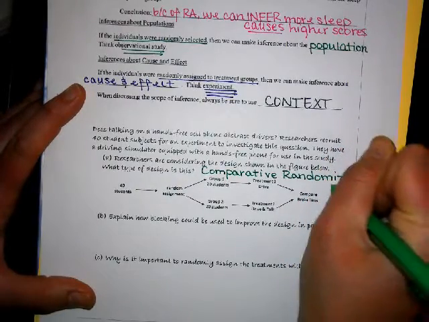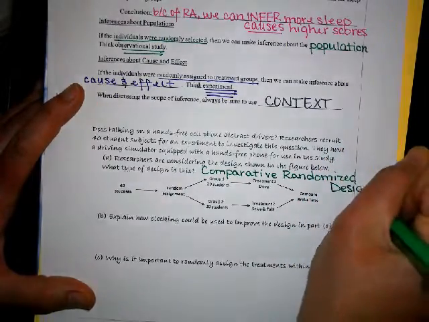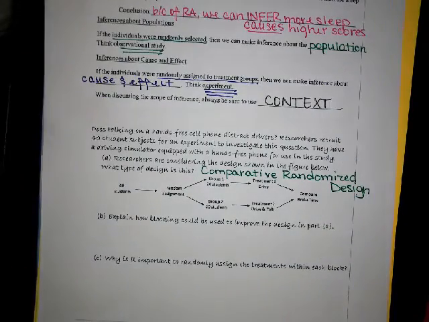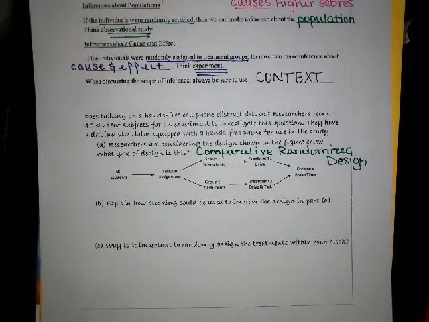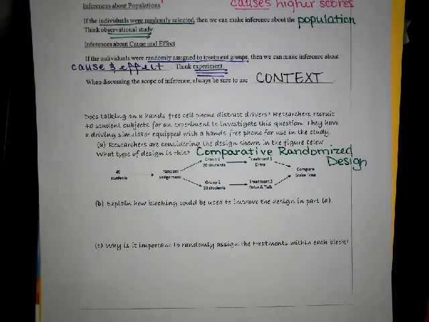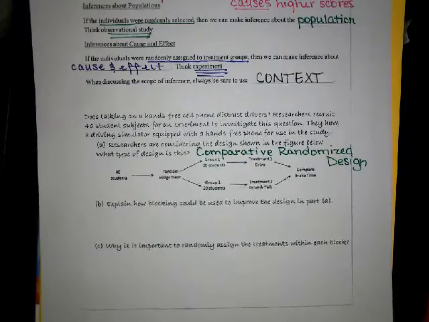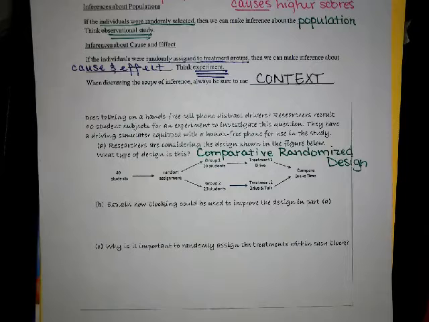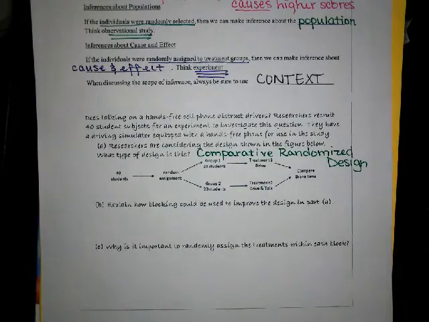B, explain how blocking could be used to improve the design in part A. There's lots of different ways. My first thought was gender. If you blocked on gender, there's a lot of research that shows young males are worse drivers. Their insurance costs are actually much higher than females. So you can block on gender. It doesn't specify age, so you could block by age because you would assume, well,